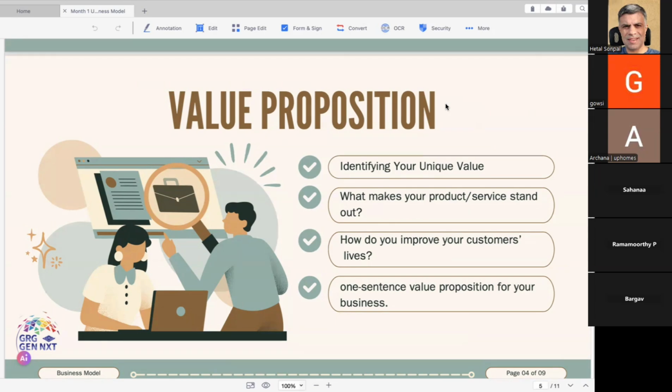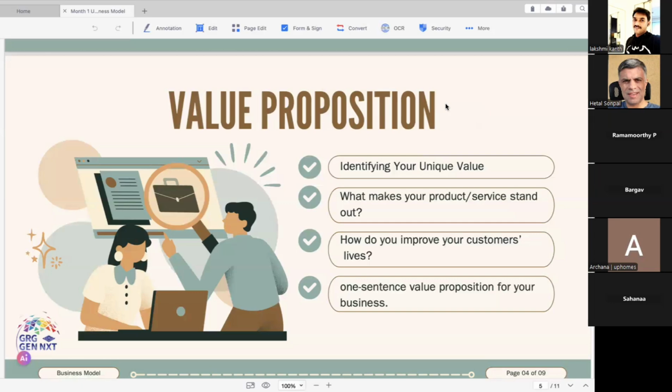The broader your value proposition definition, the easier it is not just for existing players to produce the same product, but even for new players to come into the market. I'm sure you've heard about entry barriers, right? Entry barriers are the challenges which a new player faces in entering that market. If I talk about Ramamurthy's product, the entry barrier is the tech. The fact that he has been procuring a device, he understands the device in and out, which can be used to